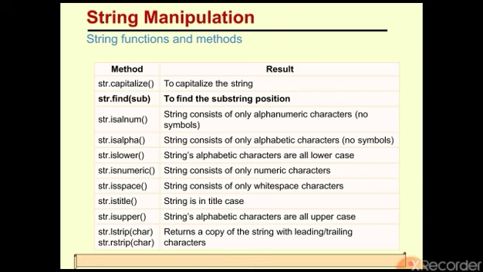Okay, the lstrip is used for creating a copy of the string of some characters at the beginning of the string, and rstrip is used for the trailing characters, for copying the trailing characters in some substring. Okay, so these are used for returning different copies of the characters of the string. Okay,